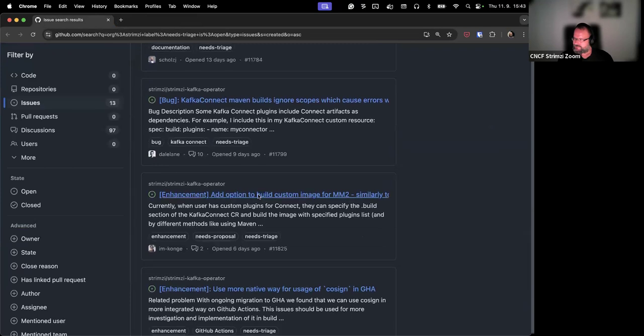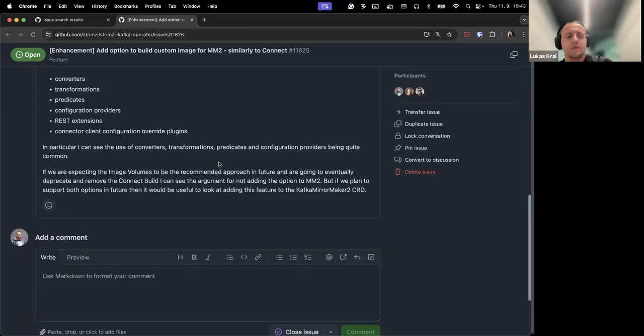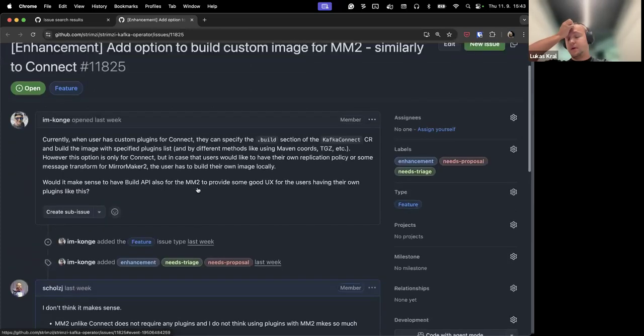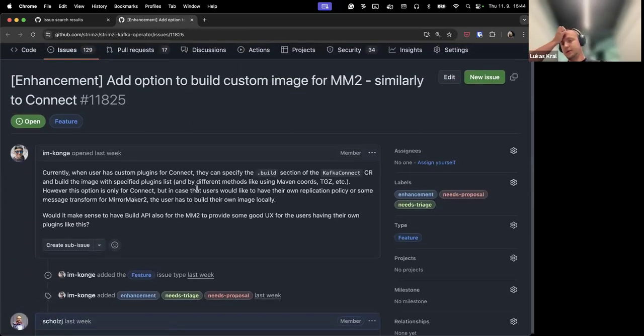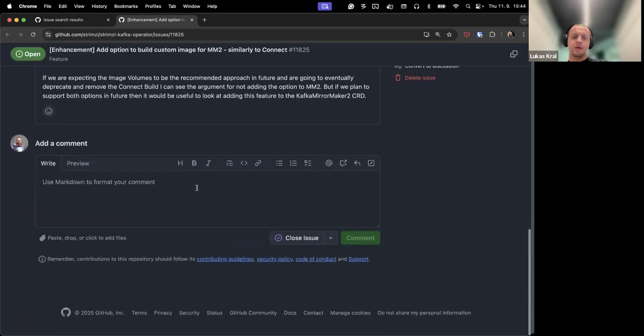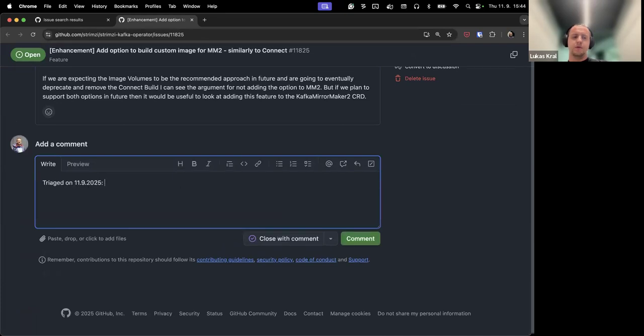Next thing. That's actually from me, and it's about adding a possibility to Mirror Maker, as we have for Connect, to build the image with the plugins we want there. I was thinking about it because of some discussions with users that try to write their own transformers and some policies.